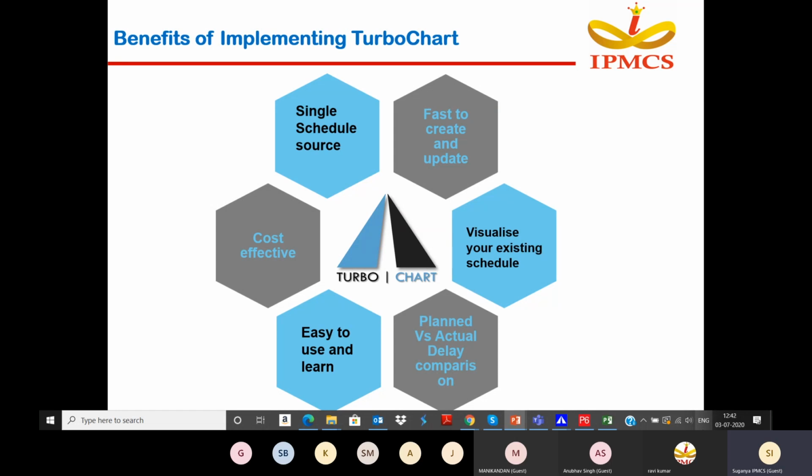Fast to create and update: create the charts in minutes and update the charts in seconds. Visualize your existing schedule. We all have project management software to create and maintain the schedule, so we have our existing schedule in hand. We are going to visualize it in the TurboChart software. Then planned versus actual delay comparison can be generated in TurboChart.